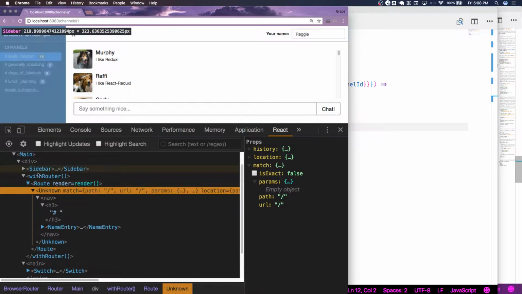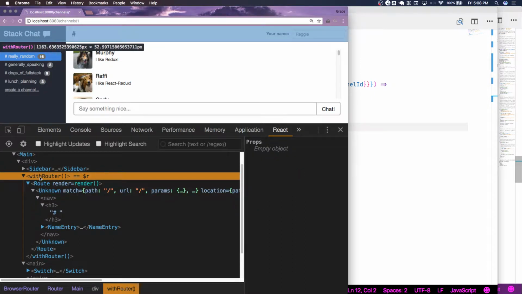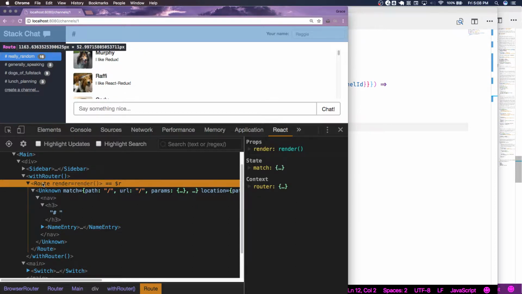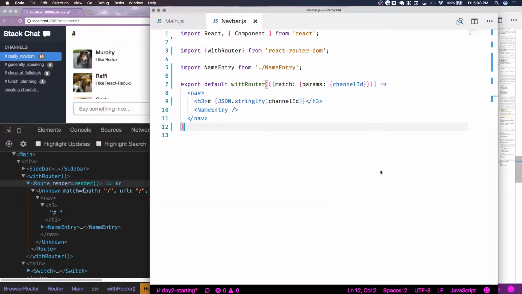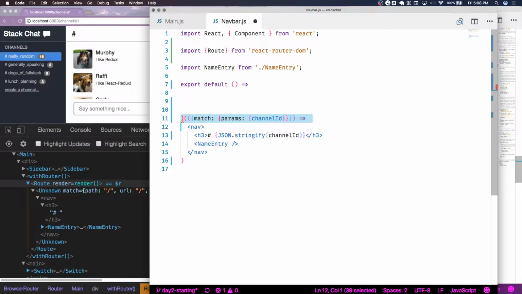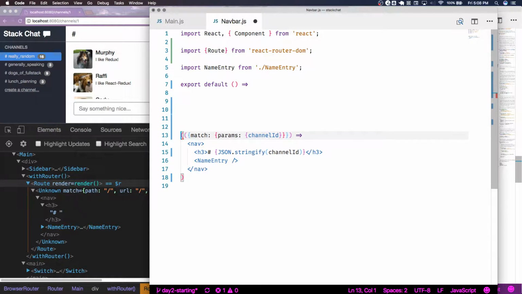Oh, look at what the hell withRouter is doing. withRouter, not surprisingly, just installs a route above the component you give it, which means that we could replicate the behavior of withRouter by pulling in Route and exporting a component that renders Navbar, a component that renders that route. It's going to match